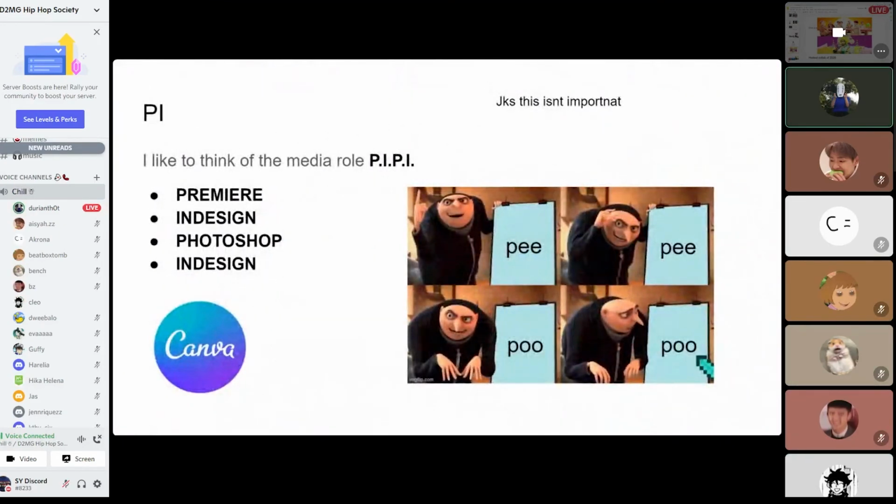And so basically I tried to make a funny acronym again. So I like to think of what we have to do in media as PP. So that stands for Premiere, InDesign, Photoshop. Okay, that's supposed to be Illustrator. But actually, this isn't important. So as a media director, you have lots of freedom in choosing what softwares you want to use, what you want to ask your subcom to use and stuff. So it's all about what you want to do with your current skills. And you have lots of freedom to experiment with other stuff. So it's not limited to those programs. You can use anything. So I actually used Canva quite a few times to save myself some time and headaches near the start of the year.